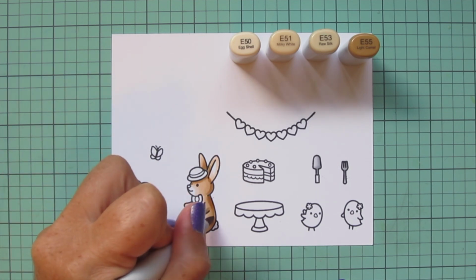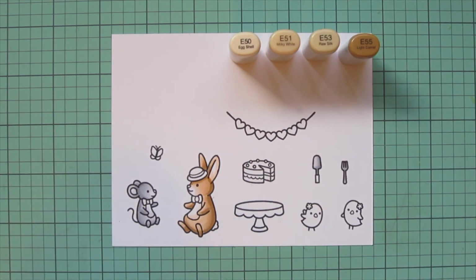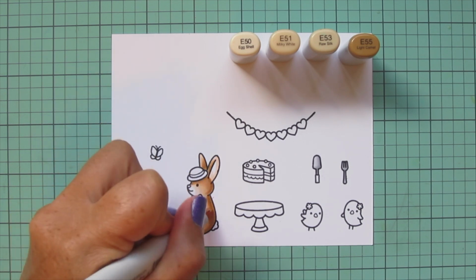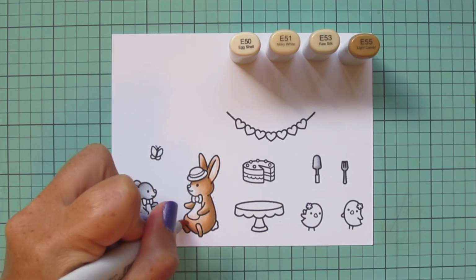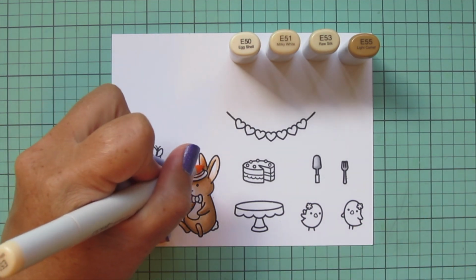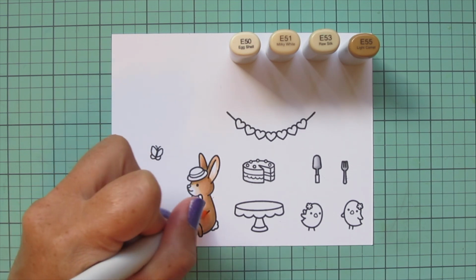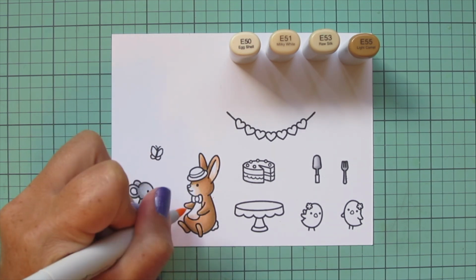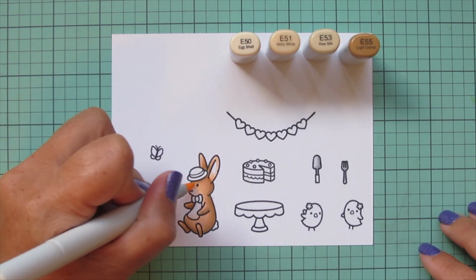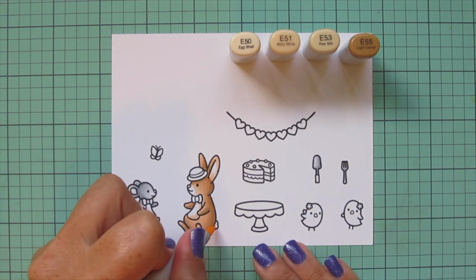And then I'm going to do a second layer on this guy too, because I just really like how that second layer increases the saturation and depth of the coloring, and it also just makes your blend so much more smooth. I think it's a crucial step in making sure that your images are really well blended and vibrant. So I'm going to finish up the second layer on him,